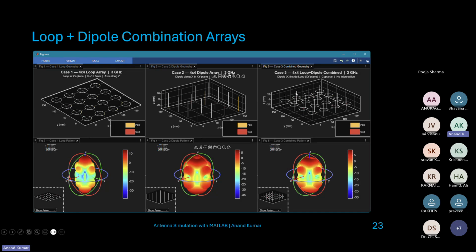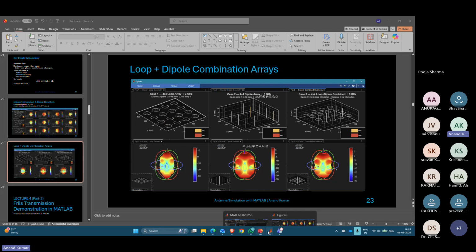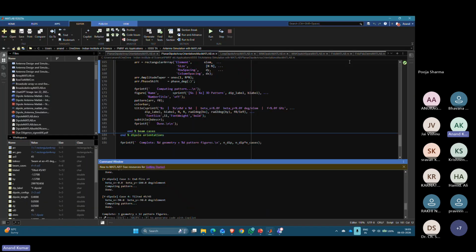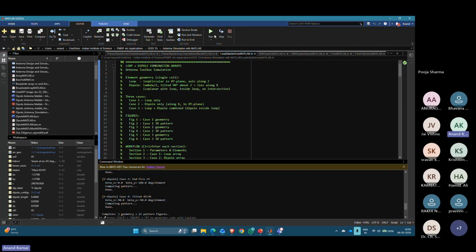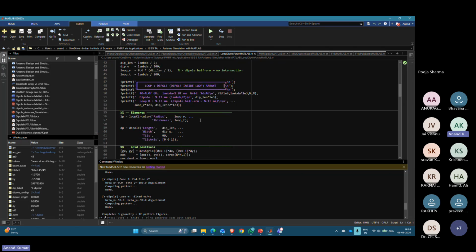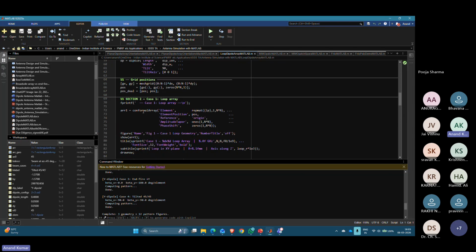So now we have a 4 cross 4 dipole, a 4 cross 4 loop, so that makes it 8 cross 8, but in a smaller dimension. And this will help with higher gain and beam steering. So the script again for this also is with you. This will be labeled as loop dipole array MATLAB. And in this case, one difference is that instead of using a rectangular array, we are using